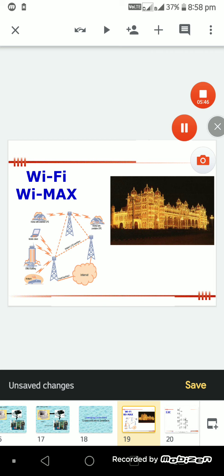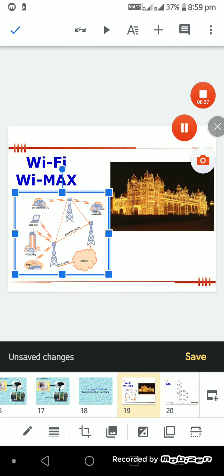What is the range of Wi-Fi? Wi-Fi is nearly 10 to 20 meters. What is the baud rate? Baud rate, the frequency, is 1800 to 900 megahertz. At the same time, the operating voltage is 3.3 volts or 5 volts. Next, go for Bluetooth. What is the range of Bluetooth? Bluetooth range is 10 meters. What is the operating voltage? 5 volts. And next, the HC05 module. Nowadays we are using the HC05 module.